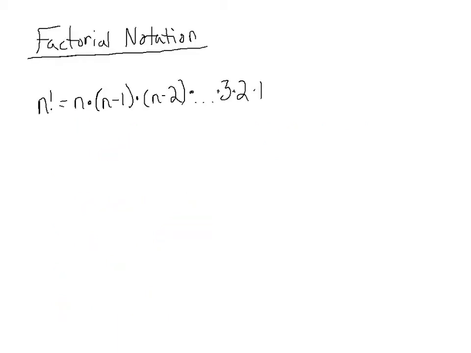If you noticed in that example of a permutation, we had to multiply 3 times 2 times 1. And that's pretty much like counting backwards and then multiplying them. And that has a special notation, which we call factorial notation. We show that as n factorial, an n with an exclamation mark after it. What that means is we take whatever n is, and we multiply it by 1 less than n, and then multiply that by 2 less than n, and so on until we get to 3 times